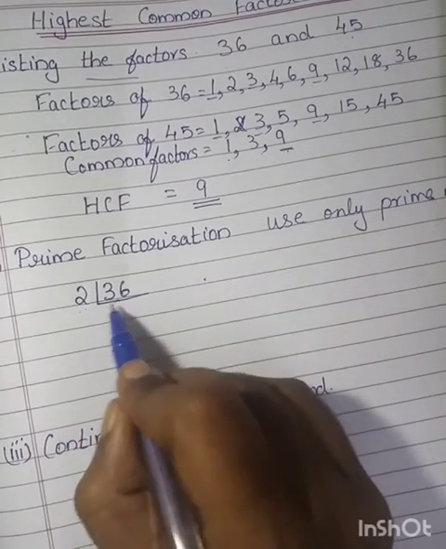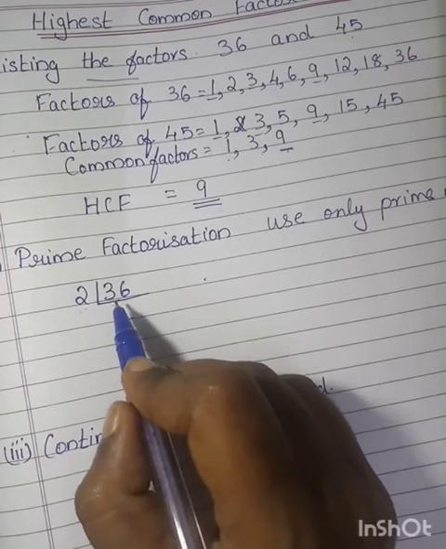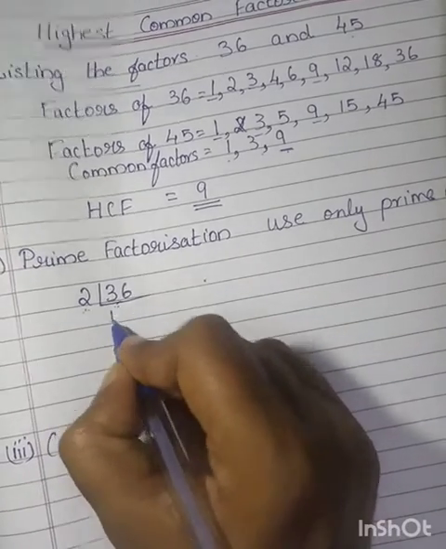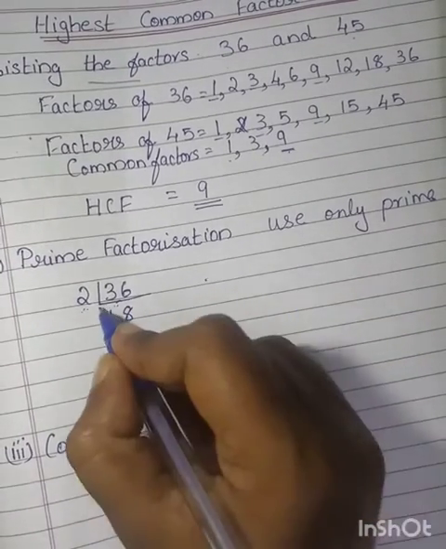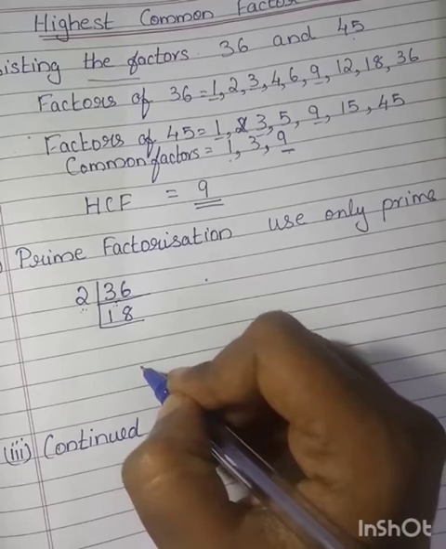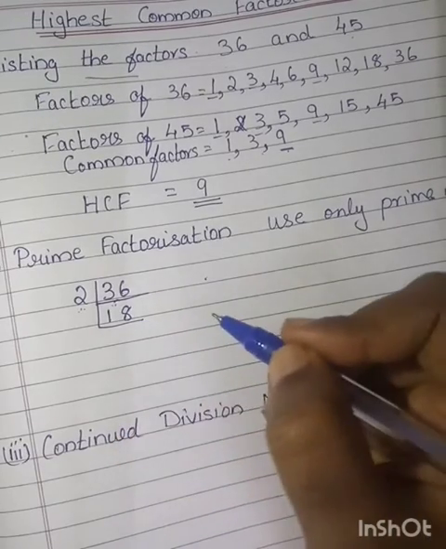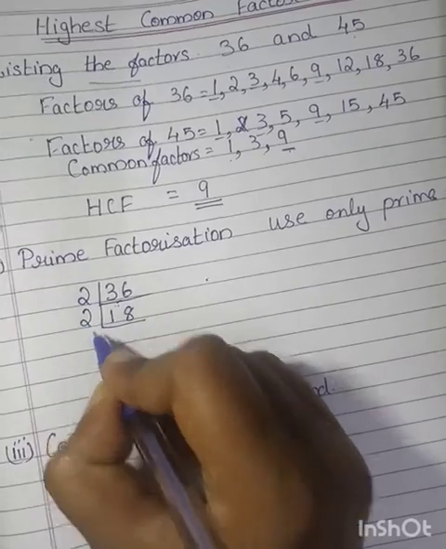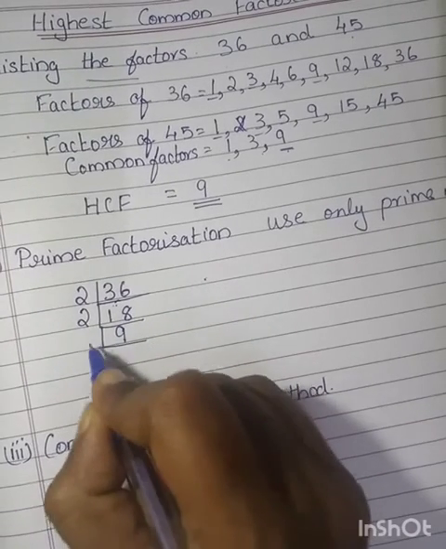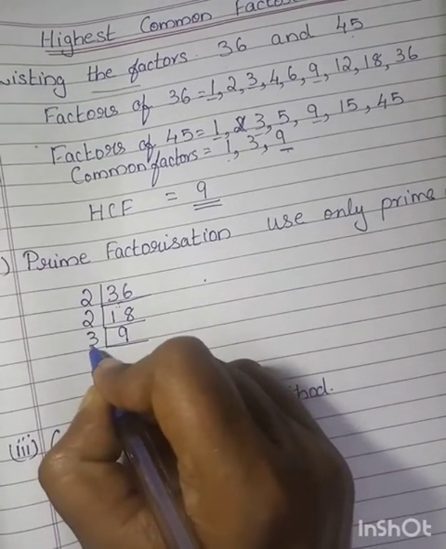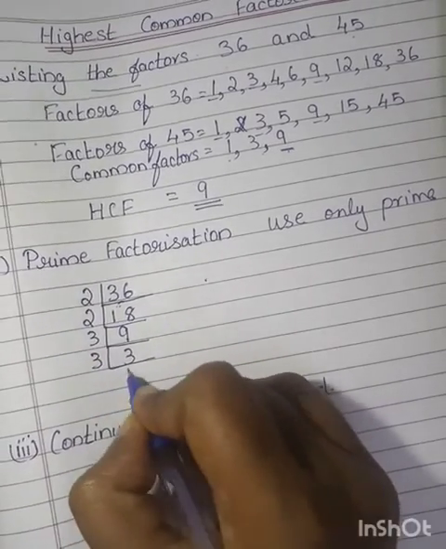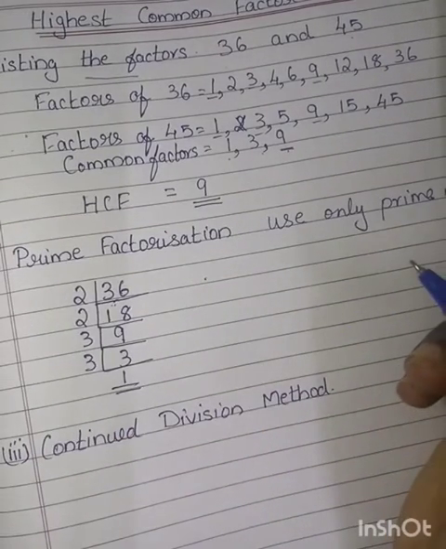Actually what you are doing here is normal division. In 2's table you need to check how many times 36 is going. So 36 is going in 2's table 18 times. Then again you need to divide, until you get 1 as the remainder. 18 is also an even number, so we can take 2 itself, and in 2's table 18 is going 9 times. Then for 9, the next prime number possible is 3. In 3's table 9 will go 3 times and 3 will go in 3's table itself. So here we got 1 as the remainder.